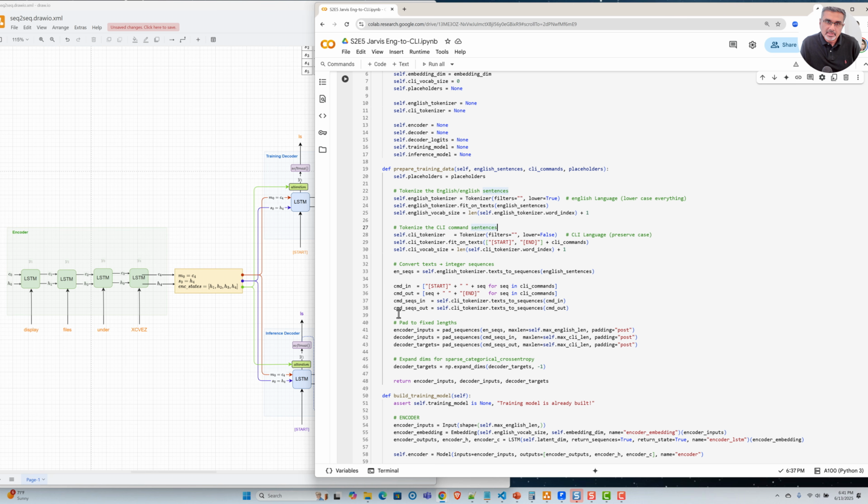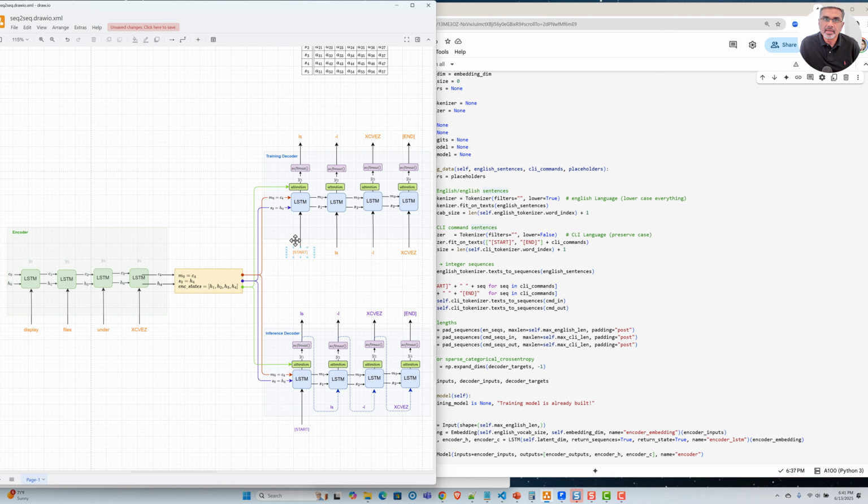But in the CLI commands, for example, if it is display files under this directory, the command is of course ls followed by that directory name. But remember that I need to train it with the trigger word called start. So I'm going to take the commands and create two things: command in and command out. Command in is the input that I'm passing to the decoder LSTM, which starts with the start trigger word